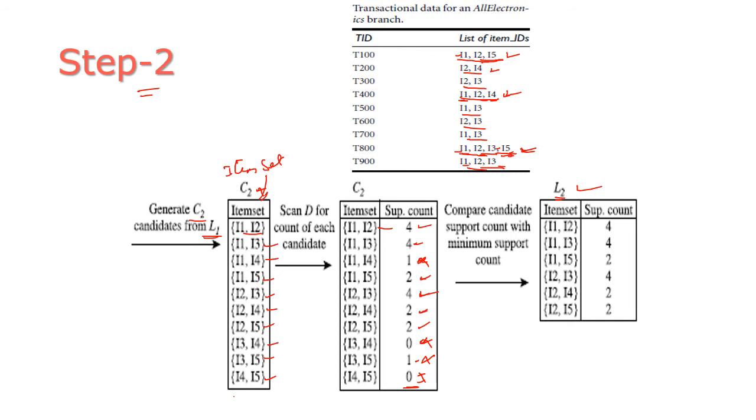Compare the candidate support count with the minimum support count of 2. Only 1,2; 1,3; 1,5; 2,3; 2,4 and 2,5 are selected from C2, and this is called level 2, L2.